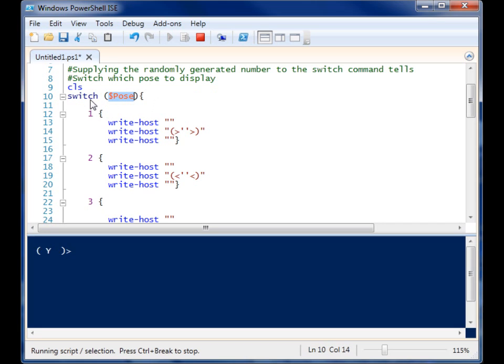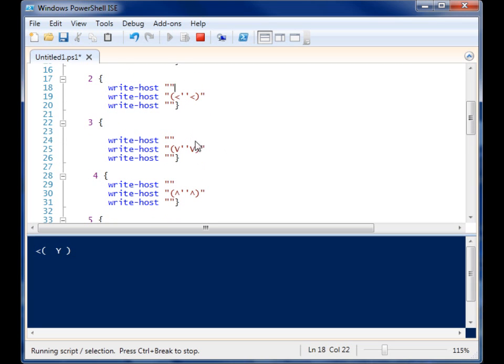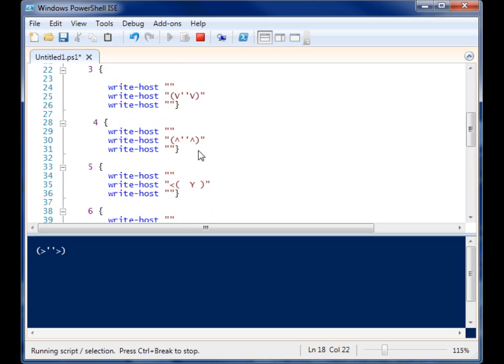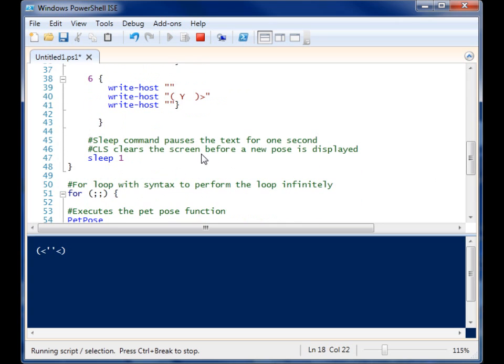1 through 6. What switch does is it lets you create a number of different, I guess, code blocks for an expected input. So in this case, I'm telling it that if you get a number 1, I want you to perform this block of code. If you get a number 2, I want you to perform this block of code. So basically, after I supply it a random number, it looks inside of its list of predefined dance moves,